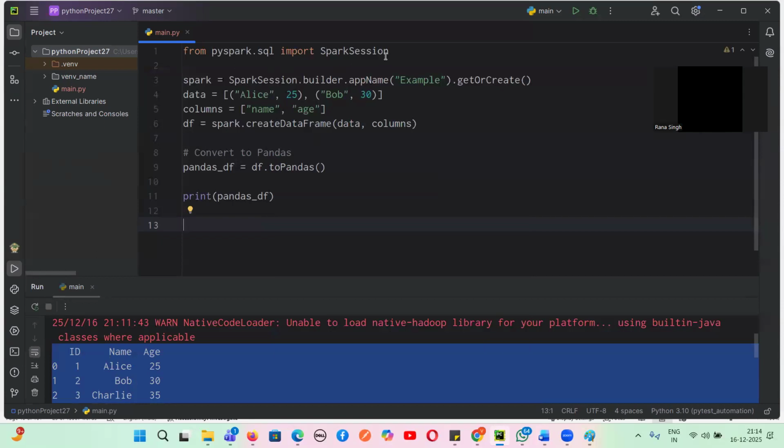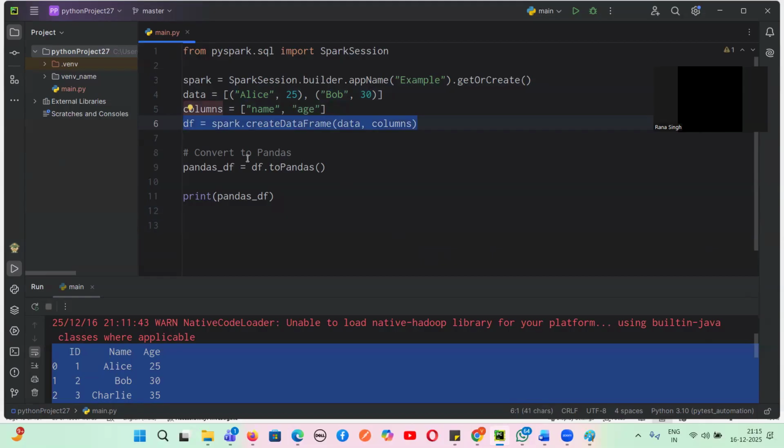First of all, let us go line by line. First, we have imported from the pyspark.sql module. We have imported this SparkSession. spark equals SparkSession.builder.appName.getOrCreate. We have created a Spark session. This is our particular data, Alice and 25, Bob and 30. This is inside a tuple and then inside a list. These are the columns, name and age. To create a PySpark data frame, we use a method called createDataFrame. spark.createDataFrame, we pass the data and columns. A data frame got created, which is nothing but the